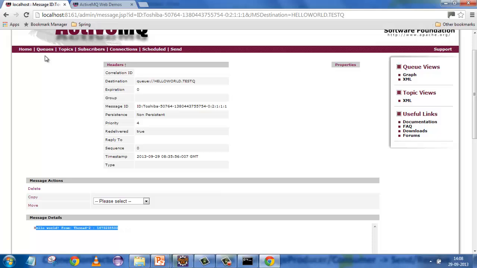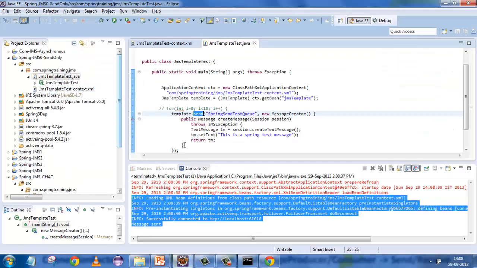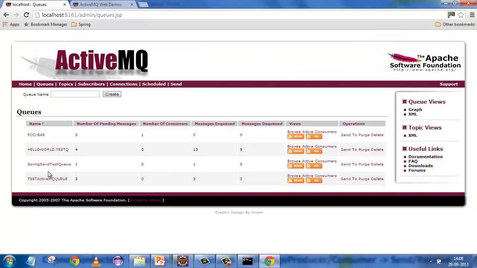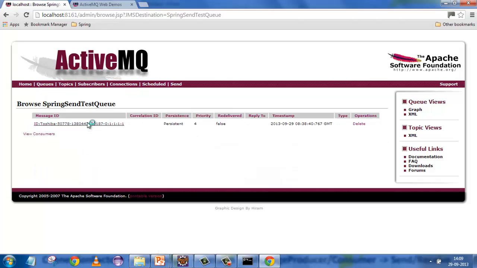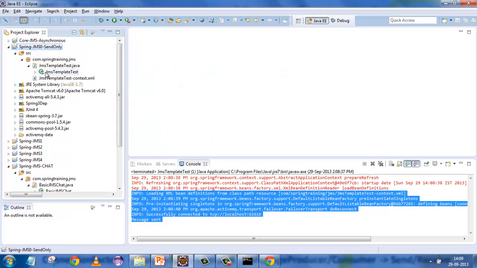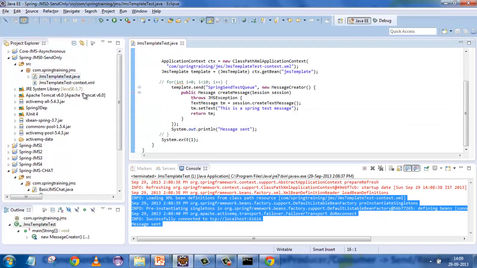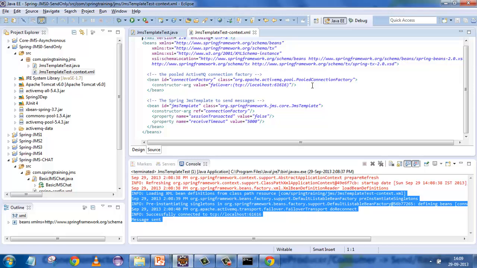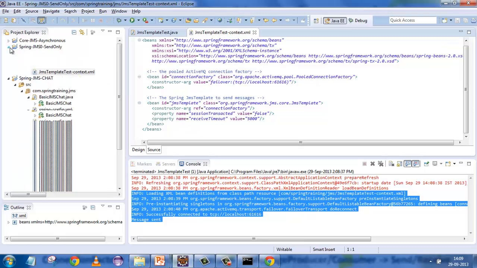So I would expect this message lying on this new Spring send test queue, and one message is lying on the Spring test queue. So you can play around with this code. You can add basic code to receive the message that you have sent across, but I'll quickly move on